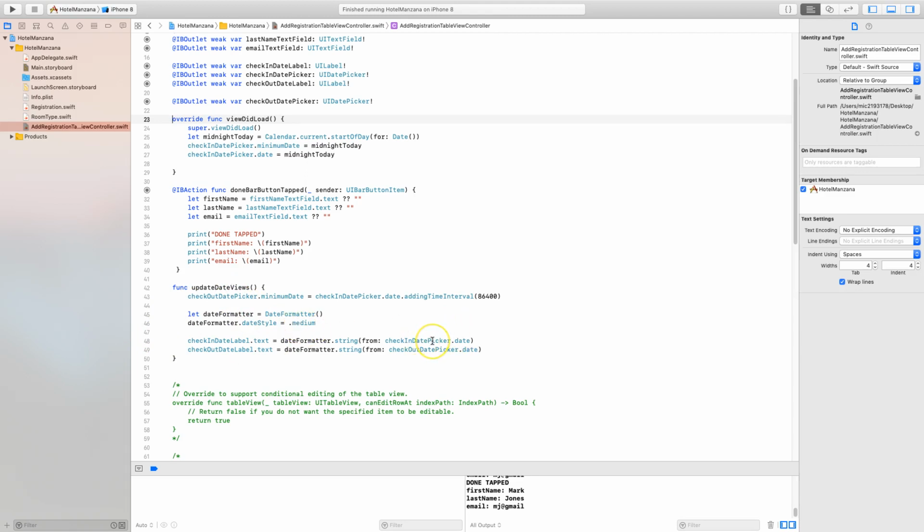What I'm doing here is, depending upon the information that is in the picker for both my check-in and my checkout, that'll go ahead and update my check-in date label text and check-out date label text fields with the date that was selected. And then in my viewDidLoad method,